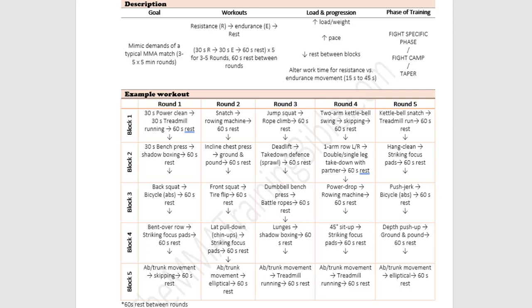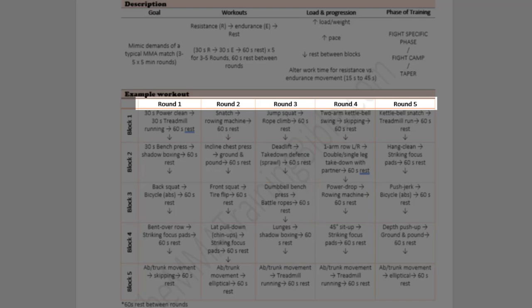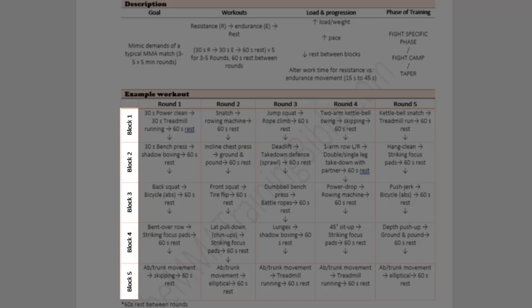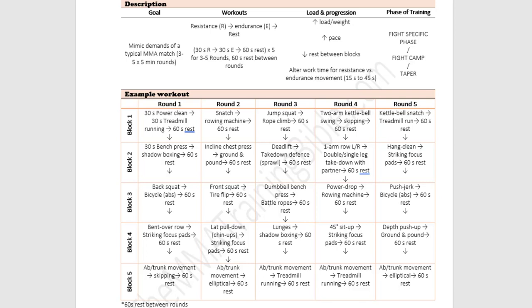Now the structure of this workout, it looks a bit complicated, but it's pretty simple. You're always essentially pairing a resistance movement with an endurance movement. And there are a lot of ways to progress this workout, but let's give you the simplest example. And again, it's shown here at the bottom of the table. So let's say that you've done this a few times and you're able to complete 5 rounds. Each round here is shown across the top of the table. Each round is made up of 5 blocks, which always pair a resistance movement with an endurance movement. And you have the flexibility anytime to choose anything that you like. This is, again, just an example.